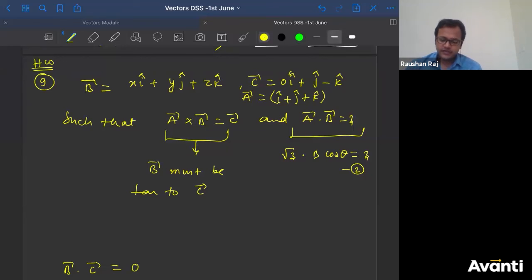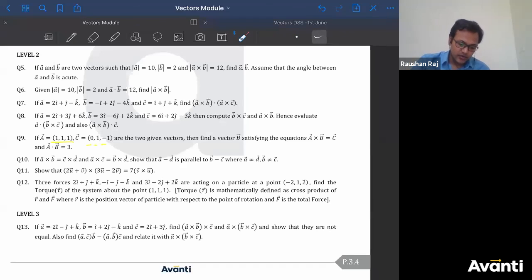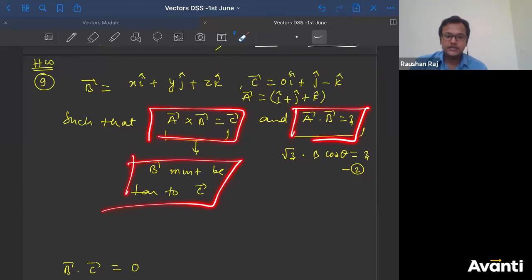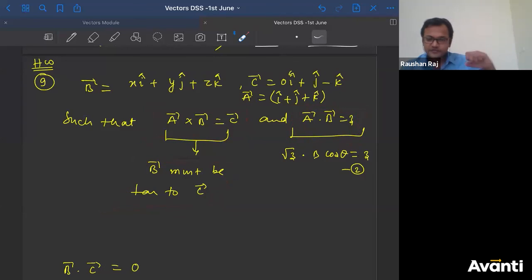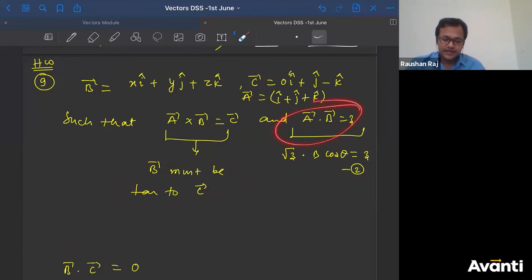See, whenever you get stuck, just go to the equation. A and C are given to us. These are the 2 relations that should be satisfied. What are the conditions we have? First, they should be equal. Second, they should be perpendicular. Now, third, these are the equations. I will use all of them. I have used this part here. I have used this part here. Did I use this?